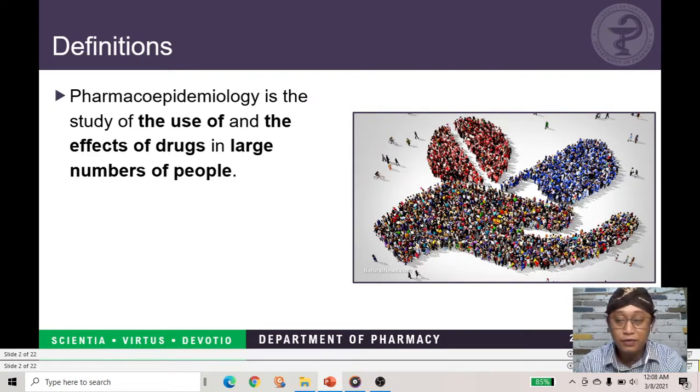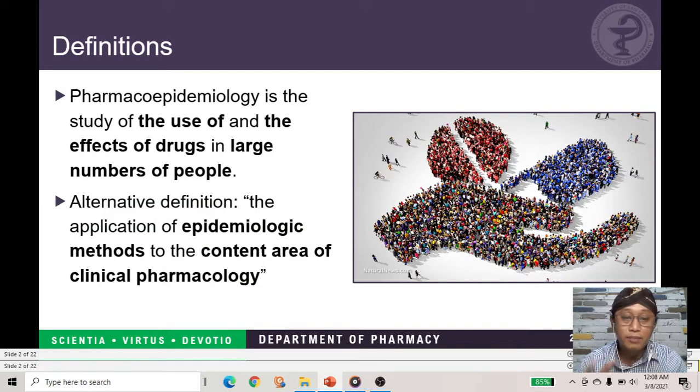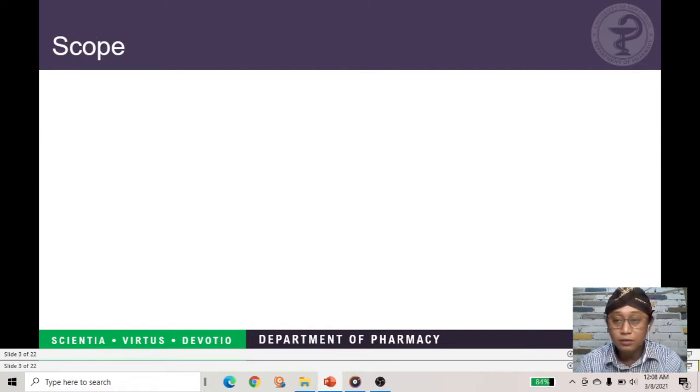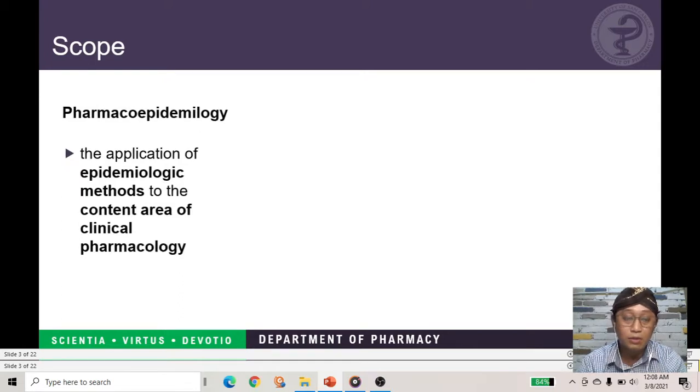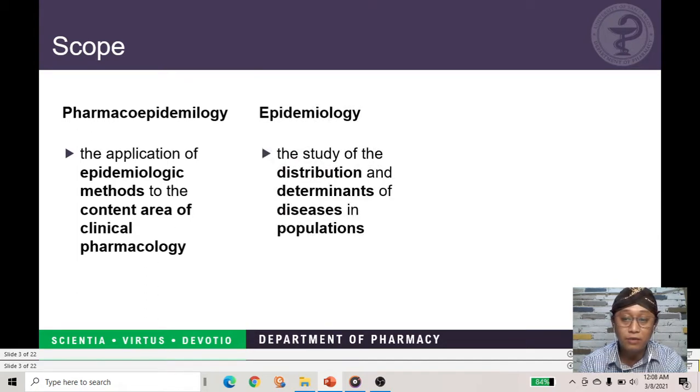There is an alternative definition for this. It's simply the application of epidemiologic methods to the content area of clinical pharmacology. Like I said before, pharmacoepidemiology is closely related with two other disciplines, epidemiology and clinical pharmacology. So let's see what these disciplines are. Pharmacoepidemiology is the application of epidemiologic methods to the content area of clinical pharmacology,